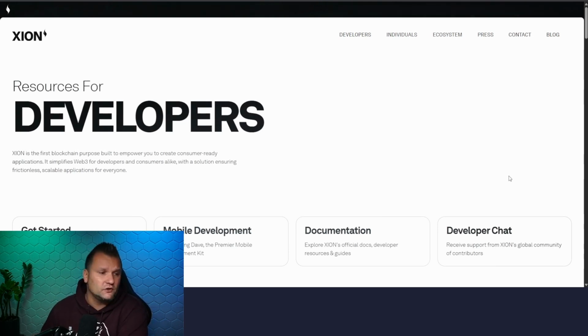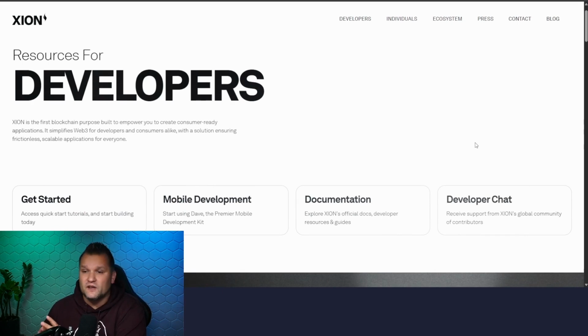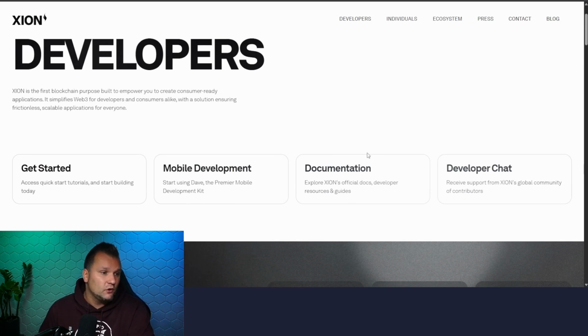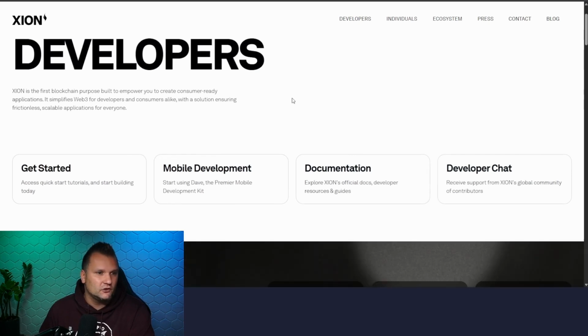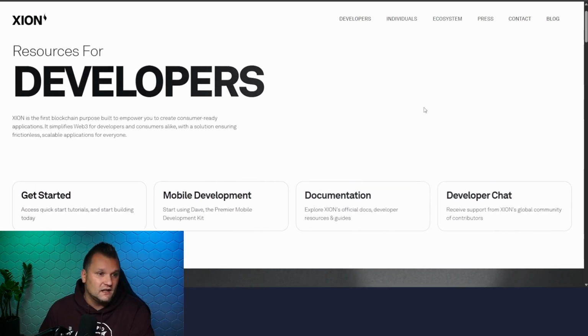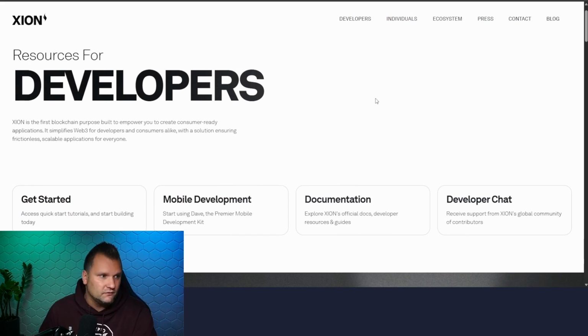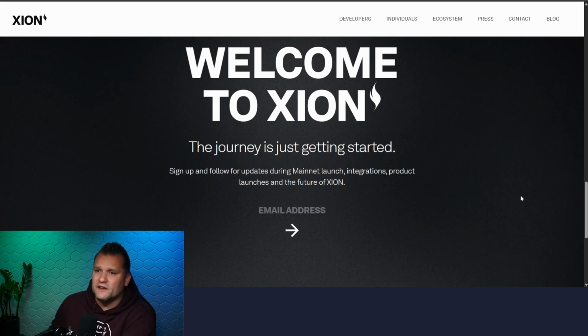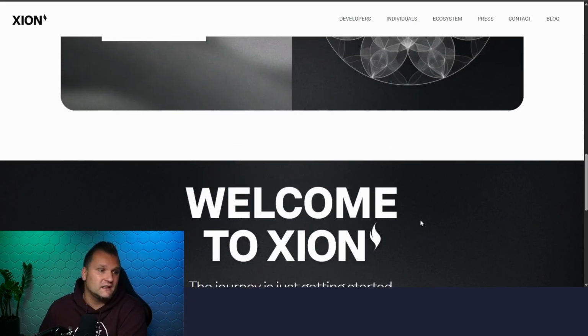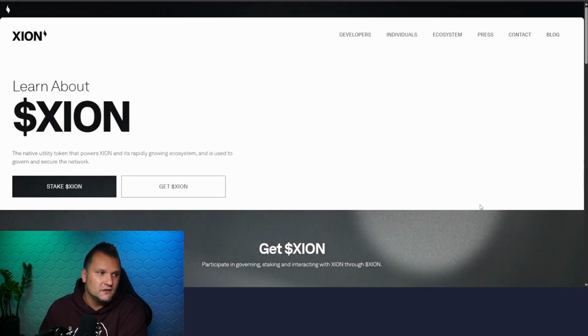The whole thing is open source and anyone can contribute, and if you improve it, you'll be rewarded here. There is even a dedicated chat, documentation, and mobile development resources specifically for developers. Again, we can see that this is really geared towards smartphones. They've recognized the trend that nowadays everything mainly runs on smartphones. And you'll be rewarded here in XION if you make things even easier or actively contribute to this new blockchain. Work on it. Again, if you want to get started and create a wallet, it's really simple here. We can see it. Just set up your email address easily. And that's how everything is set up with the XION token.